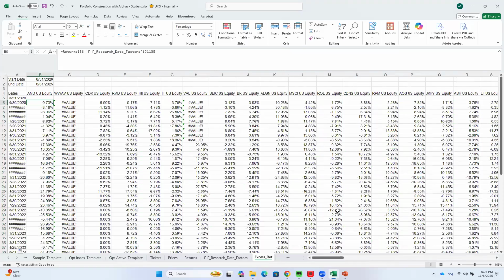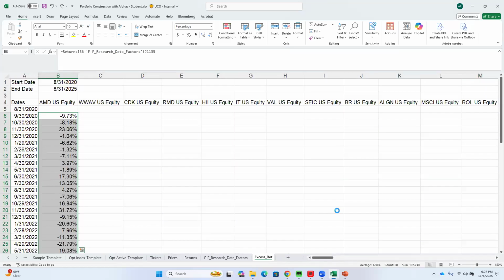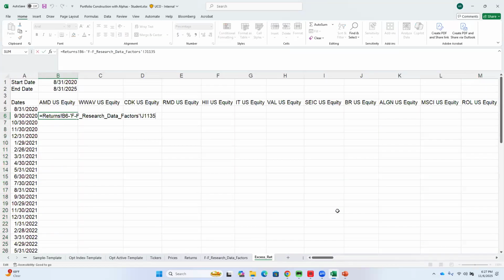But this will not work, right? Undo it. We forgot to do one thing. Lock. Exactly, very good. What do you need to lock? Column. Okay, only column,